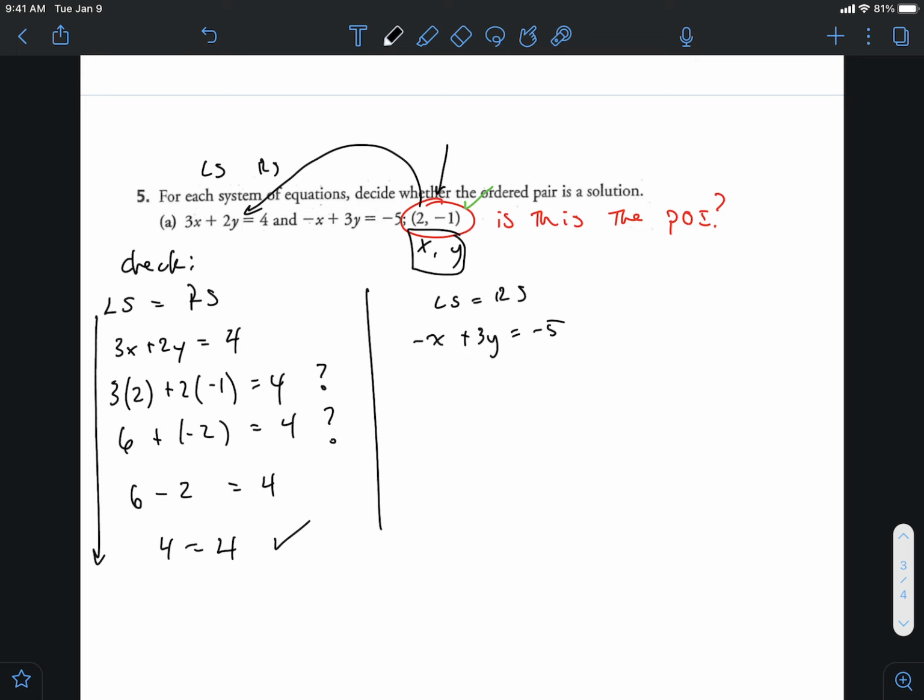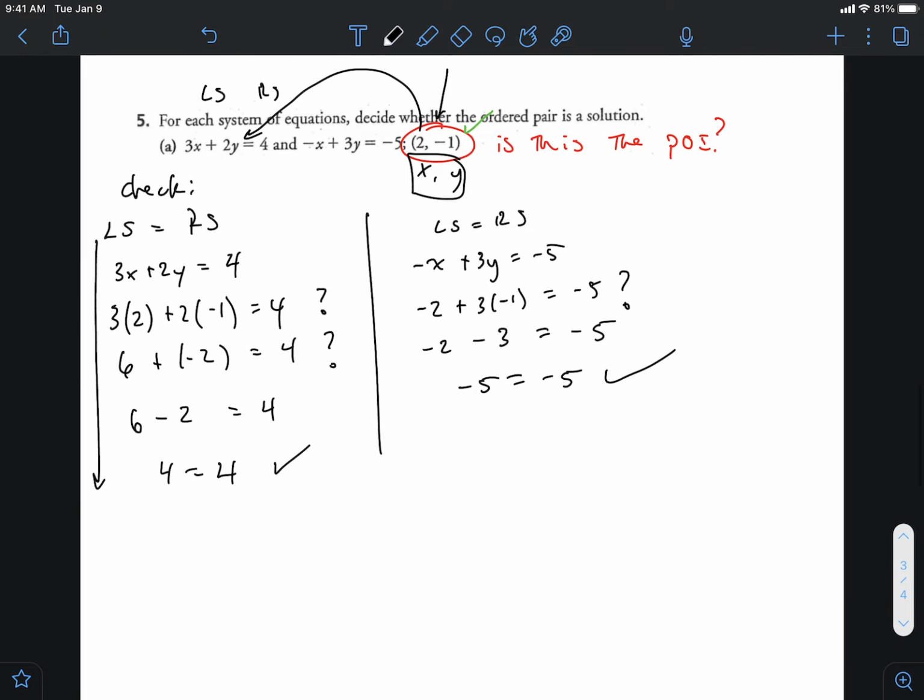So we're going to get -2 plus 3 times negative 1. Does that equal negative 5 is your question. Okay? So, negative 2 minus 3 equals negative 5. Negative 5 equals negative 5. Okay, we're good. So then you could say, okay, as a little concluding, you don't necessarily have to do this. You could just say, yes, it is a solution, but just for everybody's sake, so we're clear,